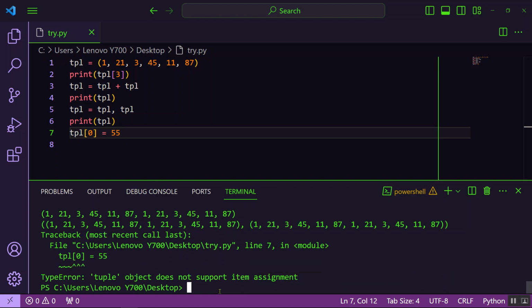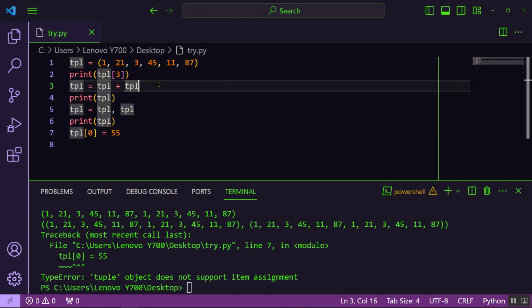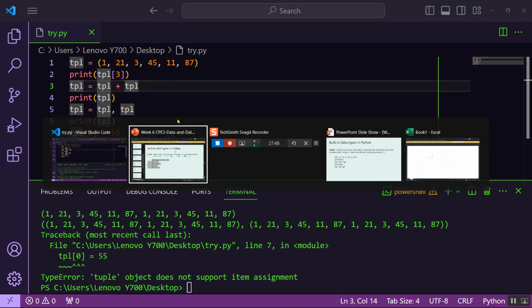Okay, tuple object does not support item assignment. So you cannot assign a value or edit or set a new value in our tuple. Once it is created, it is what it is. The only thing you could do is duplicate it or contain it inside another collection. Okay? So that's it. Next,